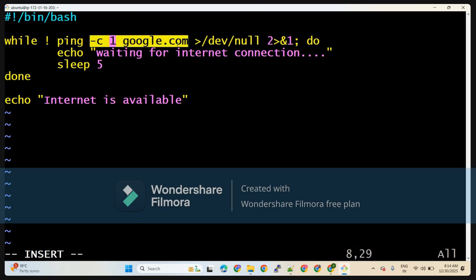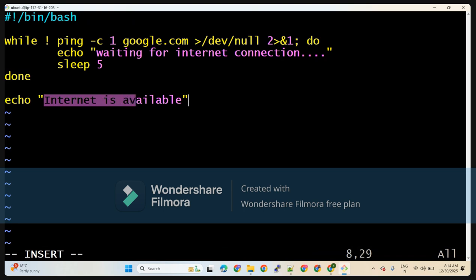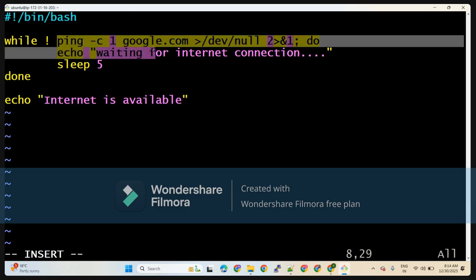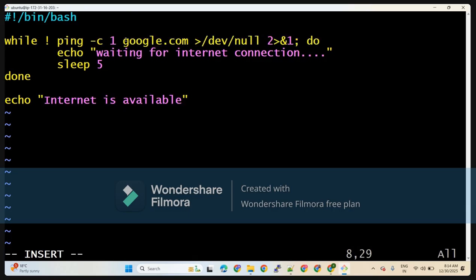If this URL is working or it is connected to the internet, it should print internet is available. If not, it pings Google directly, first time, second time, third time, fifth, sixth, until the while loop iterates until the condition